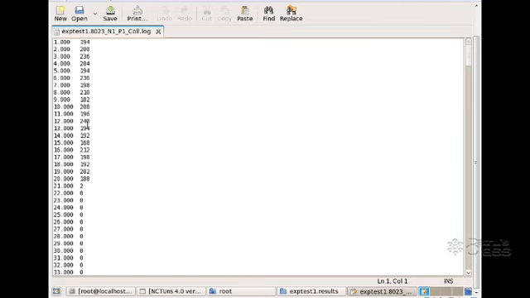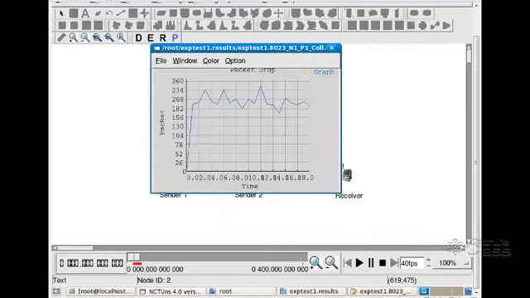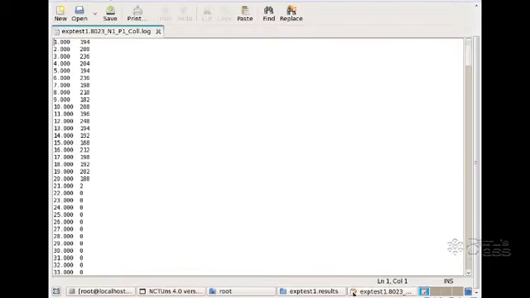Yeah, it is 248 at second 12. Look through the graph: at 12 second it is 248, and at 15 seconds it is 168. This you need to write in the results file.